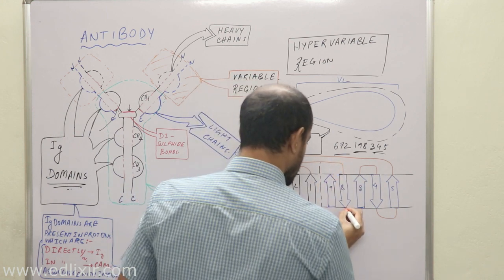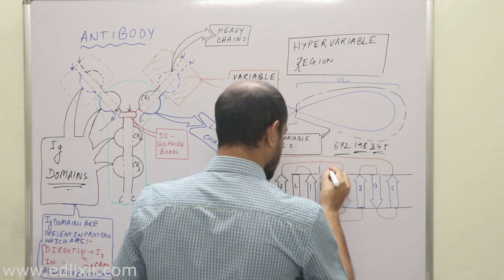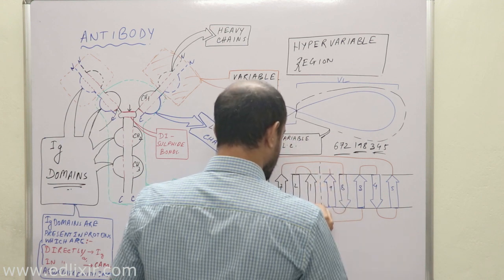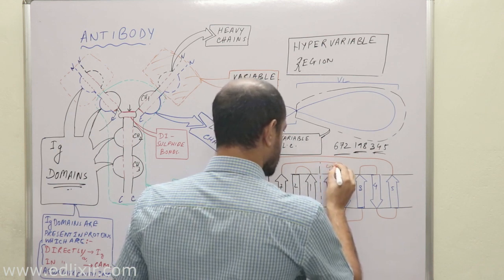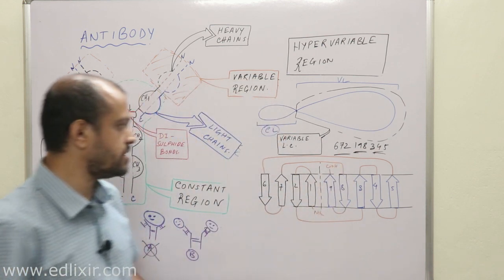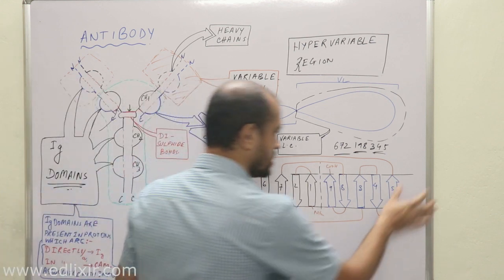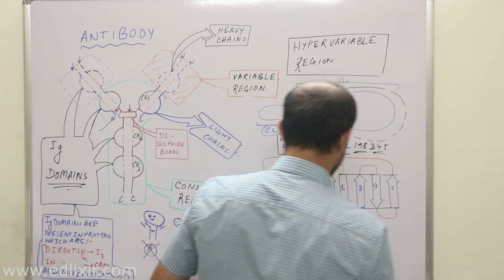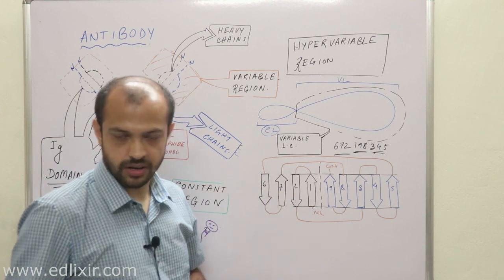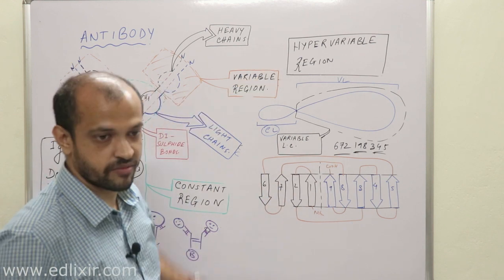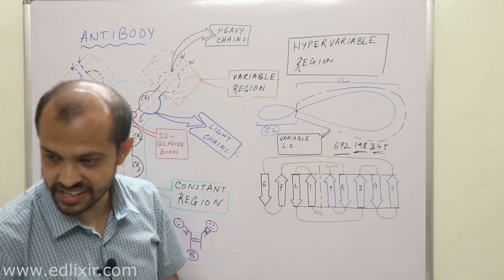8 with 9. Clear? Now listen, this is your NH2, this is your COOH. Okay. Now a very important point we need to understand: why do you think that I am trying to draw these things here? These are 3D structures obviously, but you need to understand this because you want to define what is the hypervariable region or CDR or complementarity determining region.